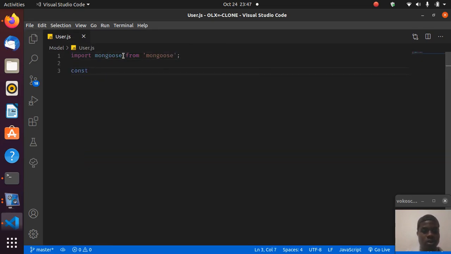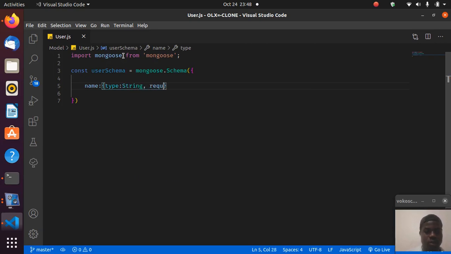I'll say const userSchema is equal to mongoose.Schema, and in this user schema, let's say name, we don't want a lot, it should be type string, required true,